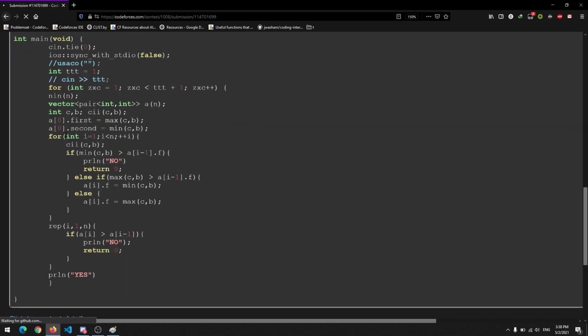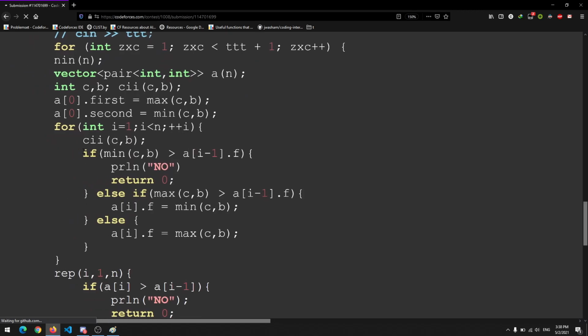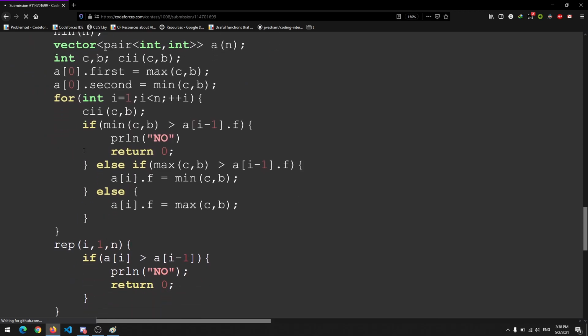The code might be cumbersome, but if it is, please tell me, I'll explain it again. I just take input C and B. In the example I said H and W, but here I took C and B, so please don't be confused. I also had to take the first input because we don't need to compare it to anything. The first input can be the maximum anyway, and we keep our optimal solution valid: the height should be as maximum as possible, and the width can be what's remaining.